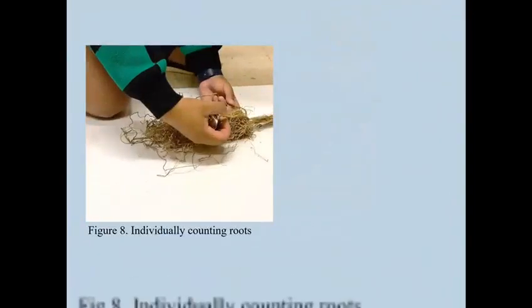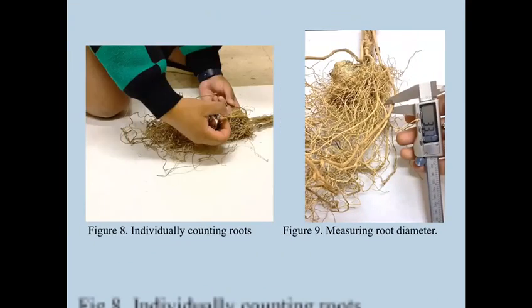Now to do the root area ratio. Before testing, we measured the vertical orthogonal projection of the root of the Pandanus plant to be used as a reference area. Then, we uprooted the plant from the soil and washed off the soil and stones off the roots carefully. We individually counted the roots at the depth at which they occur and recorded the root area ratio values at 5 centimeter depth increments. Then, diameters of roots intersecting the soil profile were taken individually by a vernier caliper.